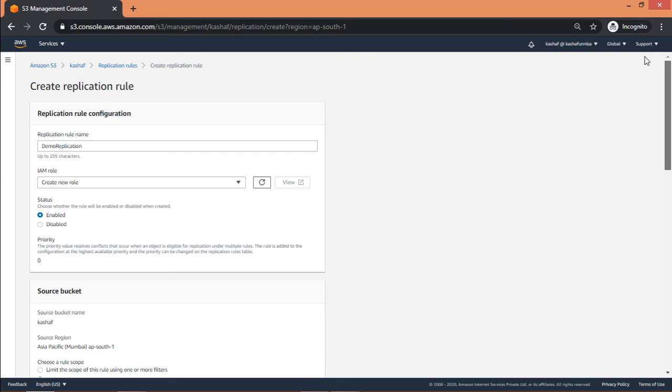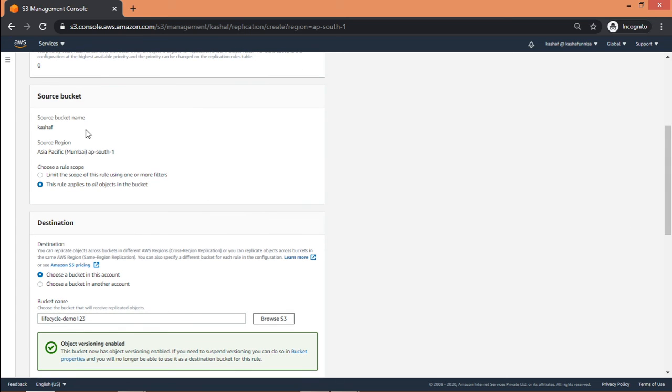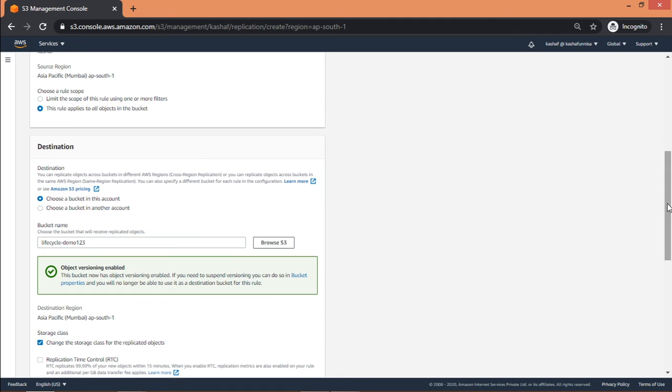So while you are setting the replication rule, you have to give some name, you have to create a role, and then you have to set your source bucket. You choose your bucket name, and if you want some filtering, you can enable it. Or if you want to replicate all objects, you can select this option. And for the destination setting, you can choose the same or a different account.